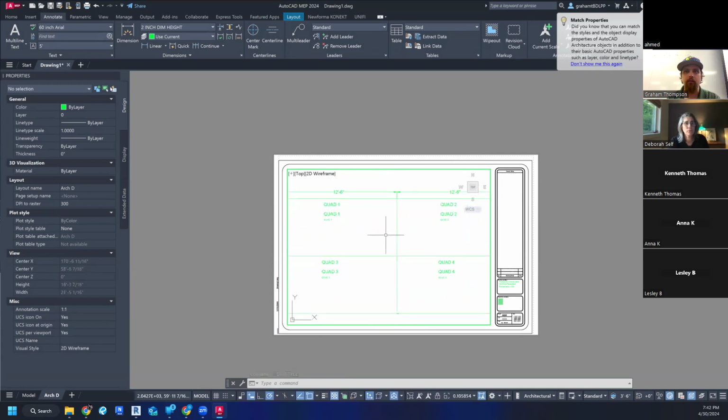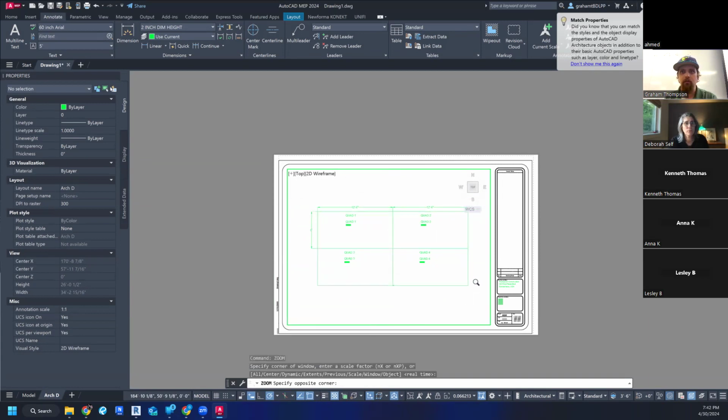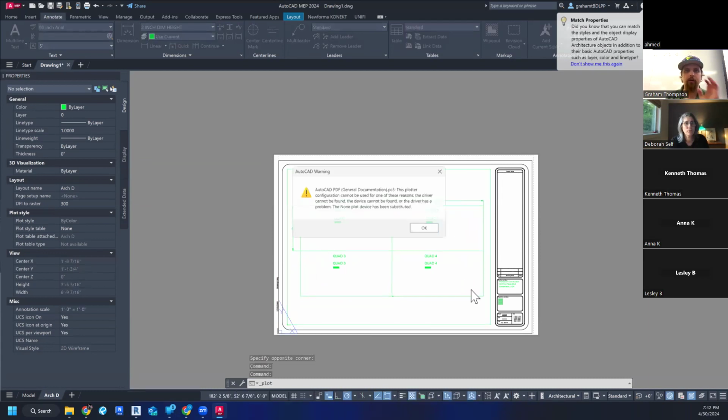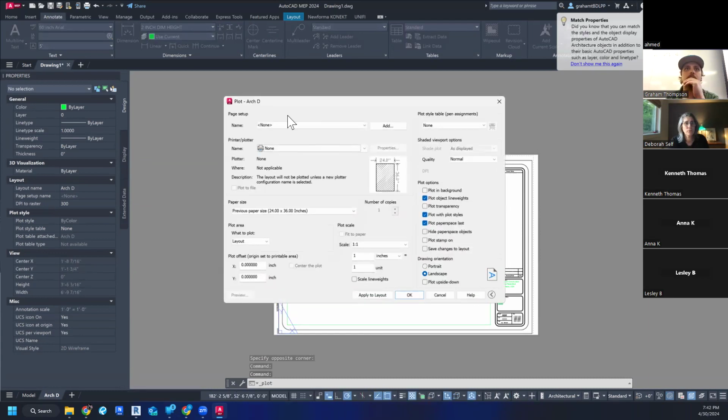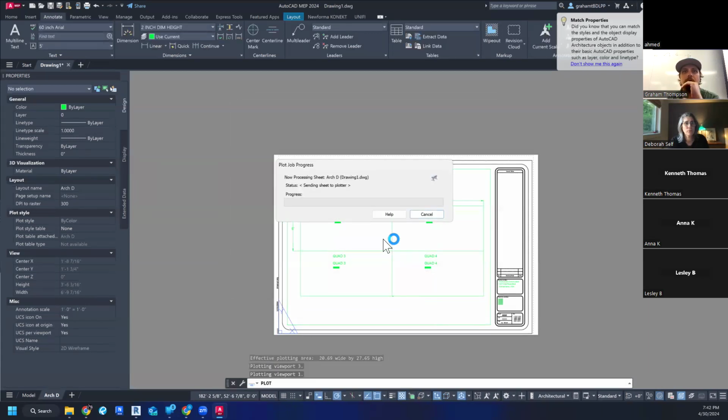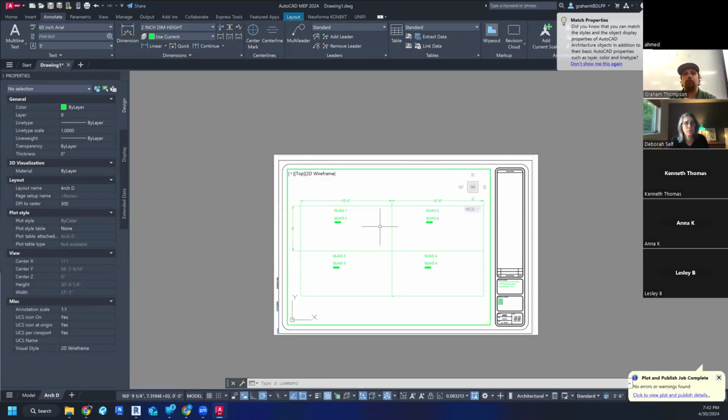Now, that being said, let's go ahead real quick and zoom there. Cool. And now I'm going to quickly print this. I'm going to print this to here, 3436. And now when I print this,